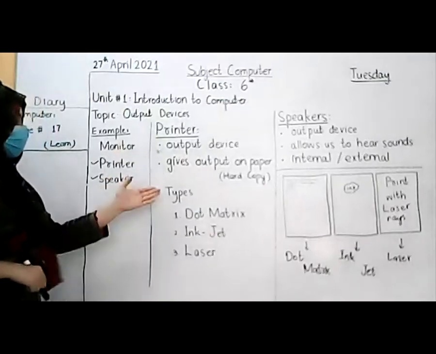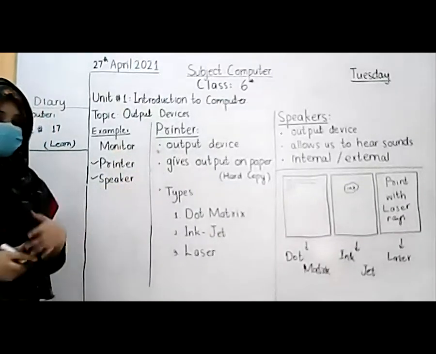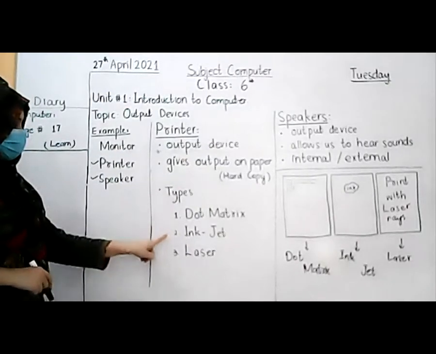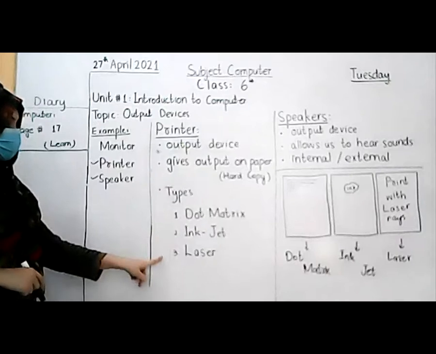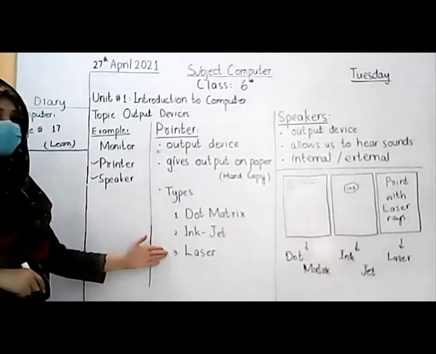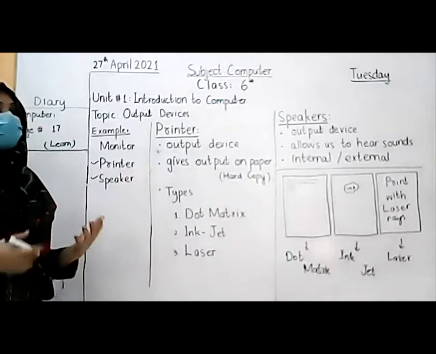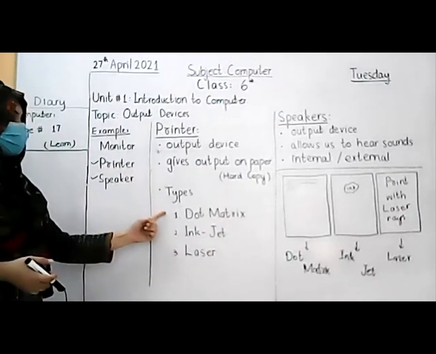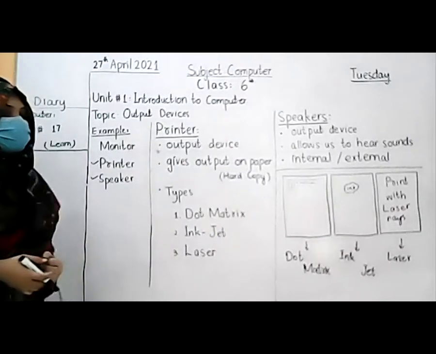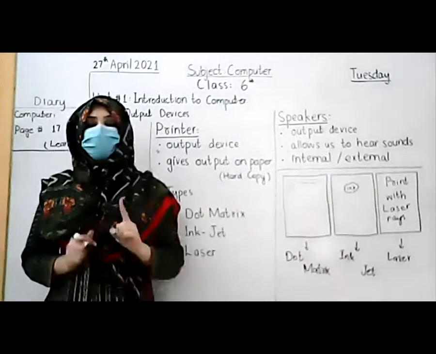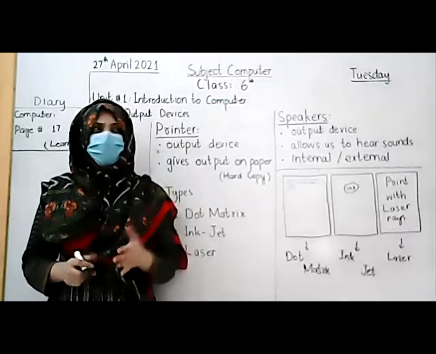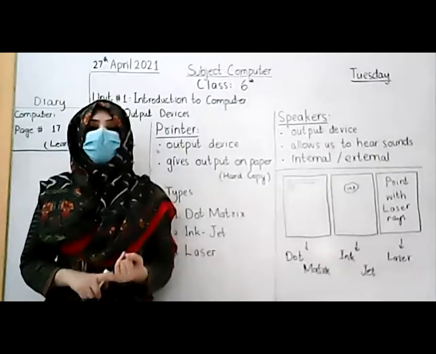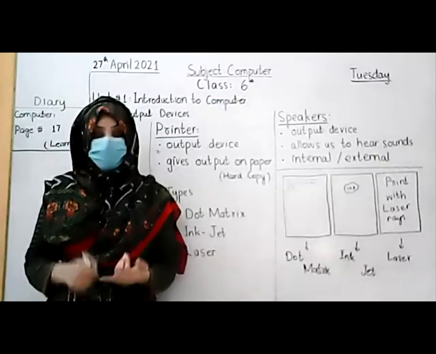So here are some types of printers we have to discuss in today's class. First of all, dot matrix printer, inkjet printer and laser printer. These are the most common types of printer we use in our common work. First of all, the dot matrix printer. It is a very common printer and it is less expensive. You can see it in all organizations, schools, classes, or you can use it in your home as well.